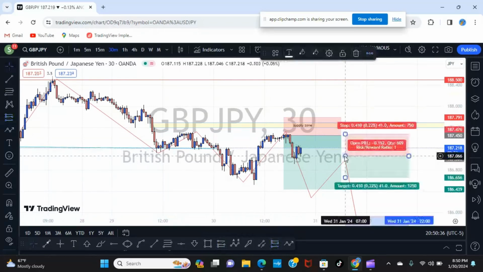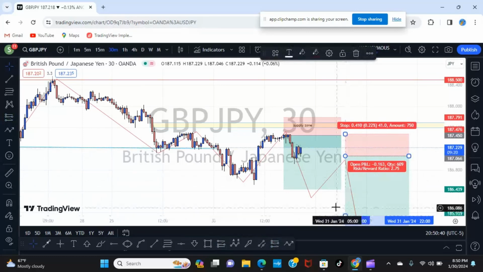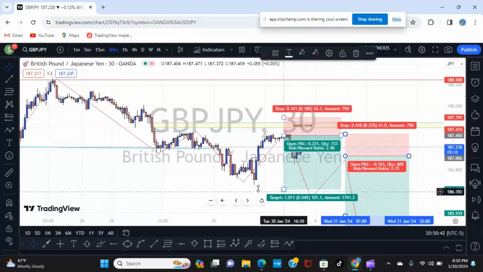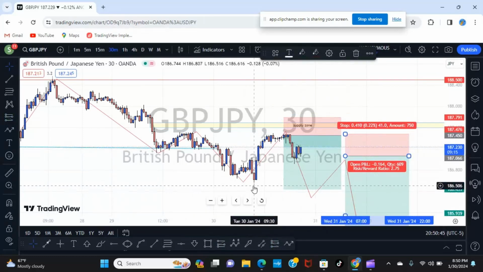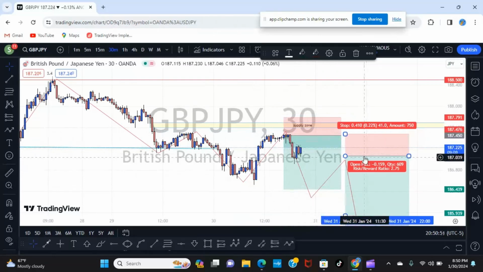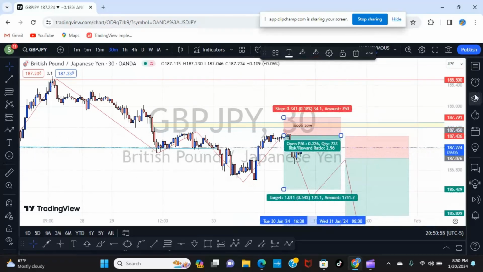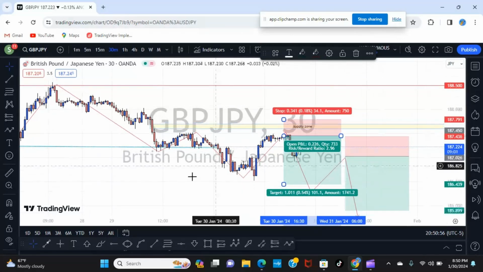Coming London session, we're gonna wait for another pullback again. We're gonna wait till we hit our target right here. Then we wait for another pullback, so we can definitely enter another sell position for this zone. Okay. So basically,